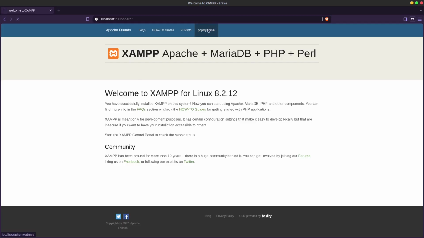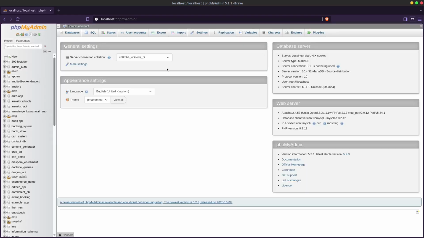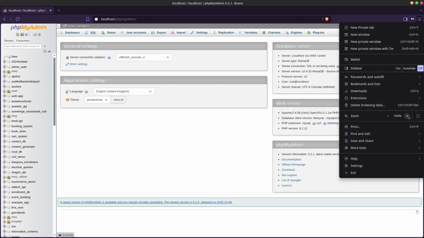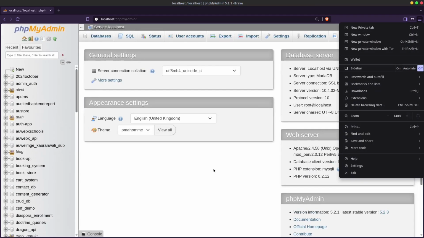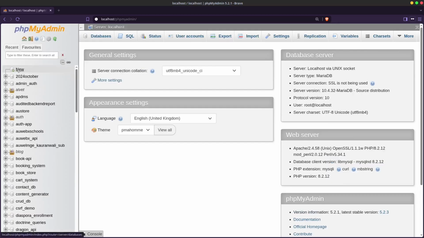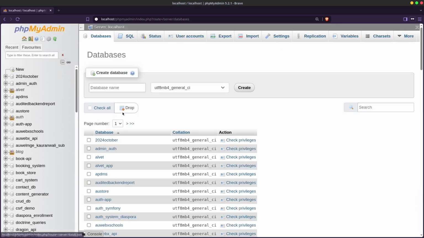Then we'll go to phpMyAdmin. Here I'm going to create a new database. So I'll just click on new. In here, you can see I have to create the database. The database, I'll call it e-commerce